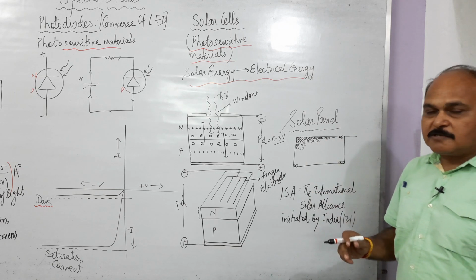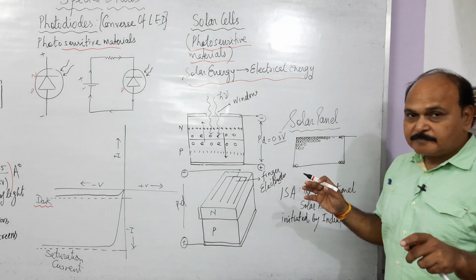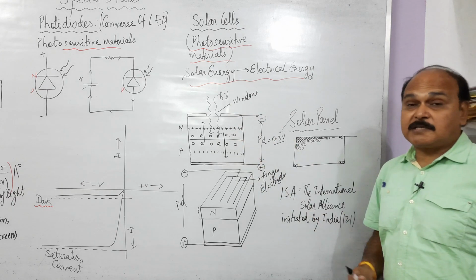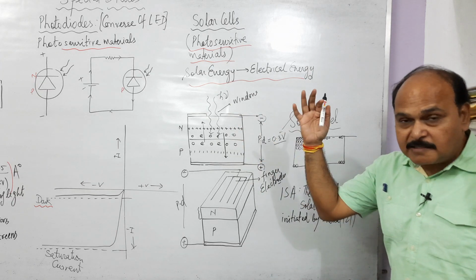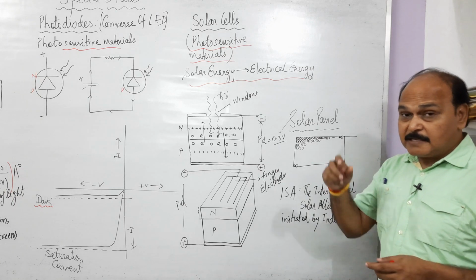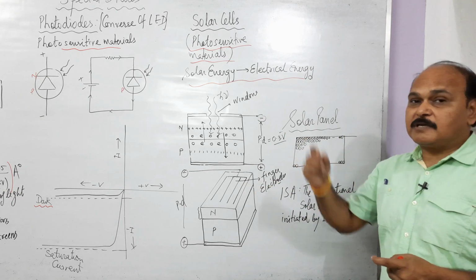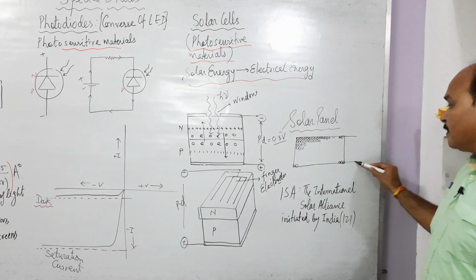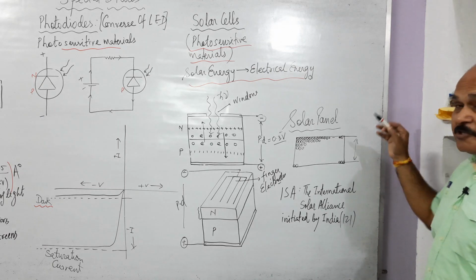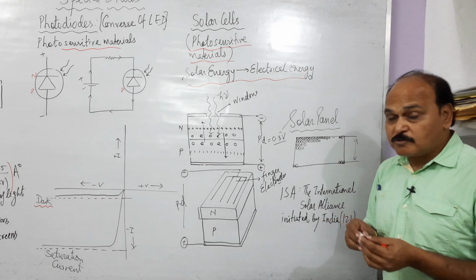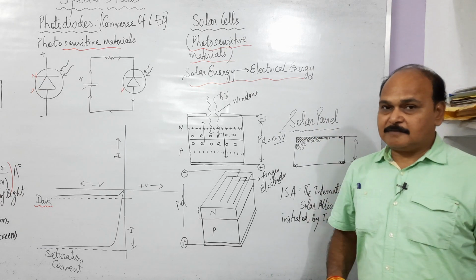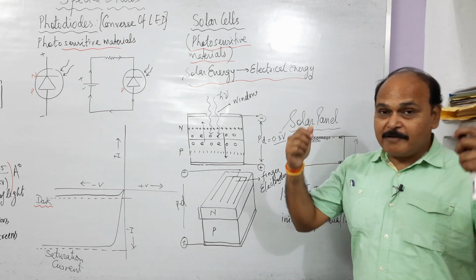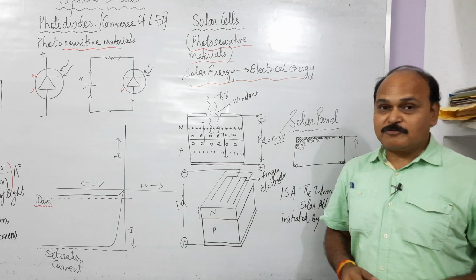Greater is the number of cells over a sheet, over a panel, both in series as well as parallel combination, greater is the size of the panel. And greater is the size of the panel, greater is the voltage generated by it when exposed to sunlight. And also greater is the stability of the voltage generated across the two terminals of the panel. And remember this, these solar cells, these solar panels are the source of energy in every satellite. And these solar panels are now being used in every household in metros.